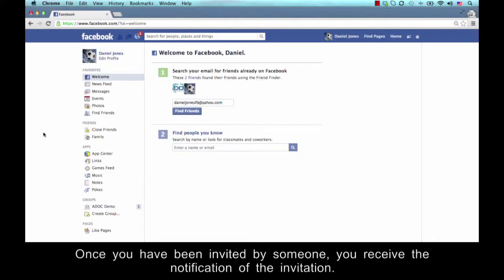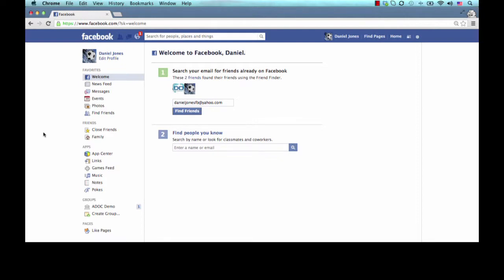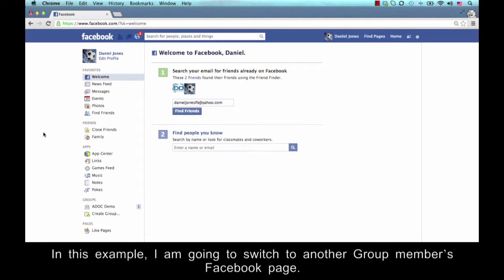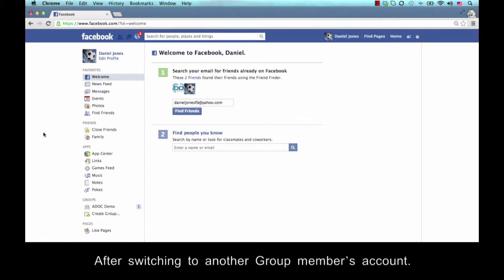Once you have been invited by someone, you receive a notification of the invitation. Let's use the group invitation as the example to go through the way to respond to the invitation. In this example, I'm going to switch to another group member's Facebook page. After switching to another group member's account,